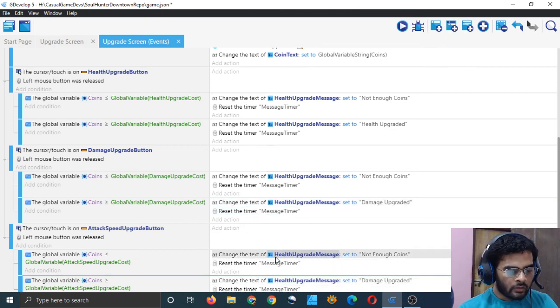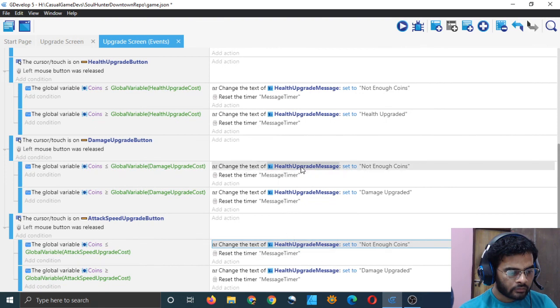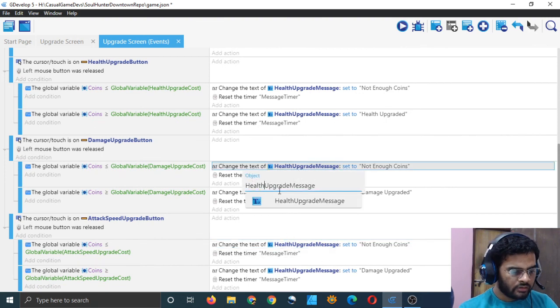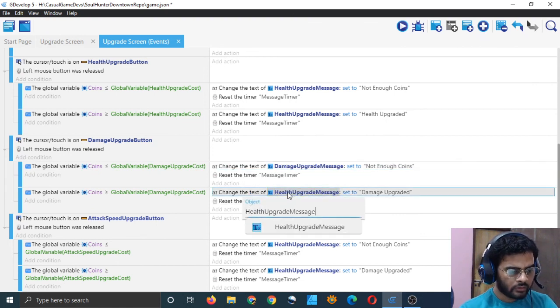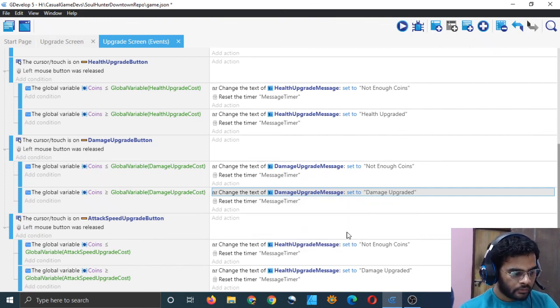Okay. So now change it. Oh yeah, I have to change this also, health upgrade message. I think I did change it. What happened? Damage upgrade message. Yeah, I have to choose this, then it will update it. Damage upgrade message. Yeah, that's good.